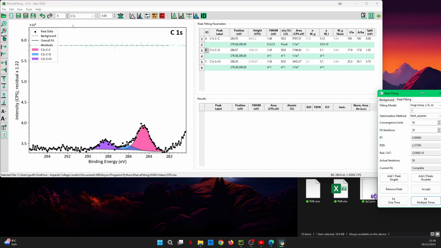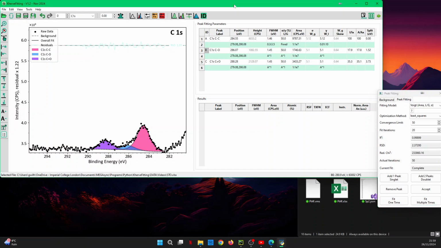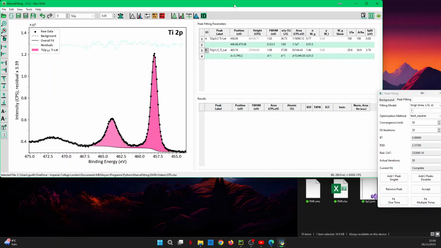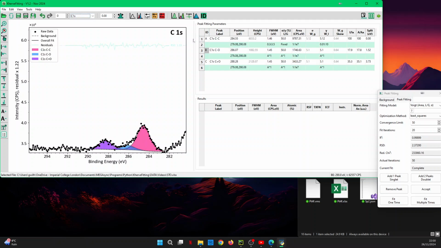This is not done. So let us go to this one. What this icon does is an automatic binding energy correction. It's looking for the carbon 1s C-C peak in any of those core levels. So if I just click it, and we are going to go simply to carbon 1s right now,